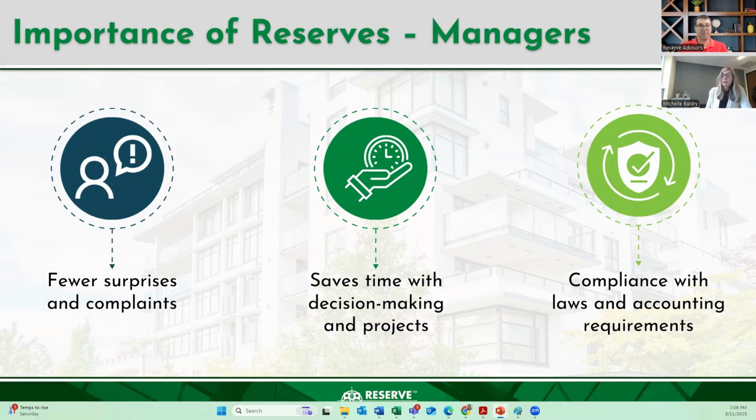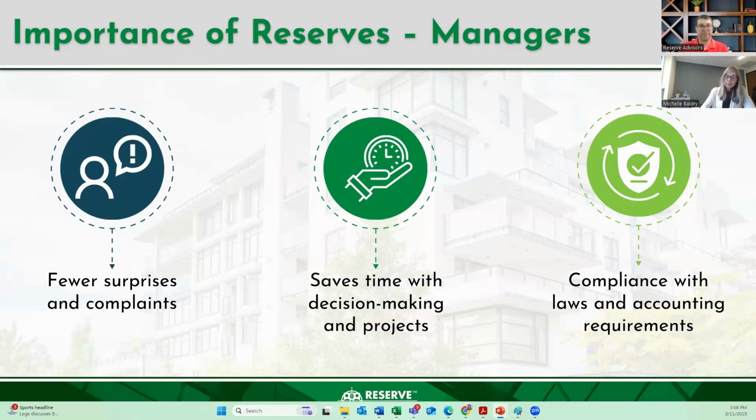So maybe it's on your radar that the clubhouse HVAC only has another 2 to 3 years left of useful life. Well, now you can start evaluating: does it make sense to add in some energy efficiencies, or do we want to consider an alternate option for these different components? So you can be proactive instead of reactive, where now you're scrambling and conducting emergency repairs or having to make these decisions on the fly. So it provides that roadmap to help them really properly manage the community.